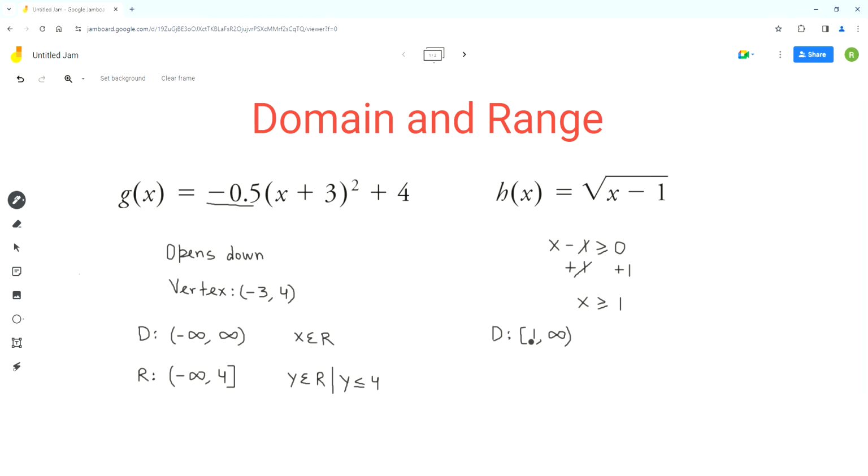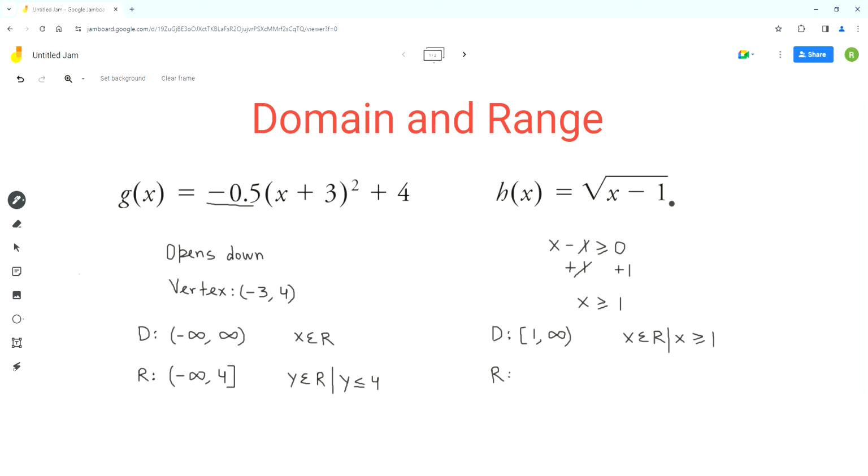So for 1 we are using the square brackets because 1 is part of the domain because it's greater than or equal to 1, and for infinity we always use the parentheses. So in the other notation, the domain can be written as x ∈ ℝ, and x is greater than or equal to 1. And now the range,